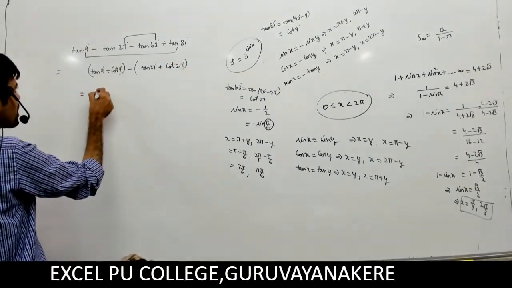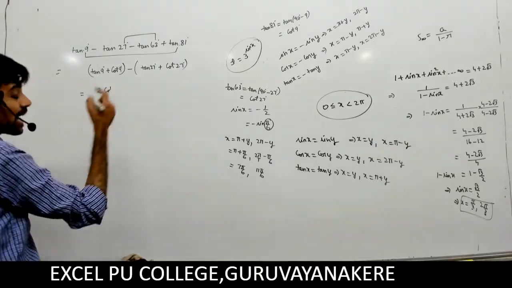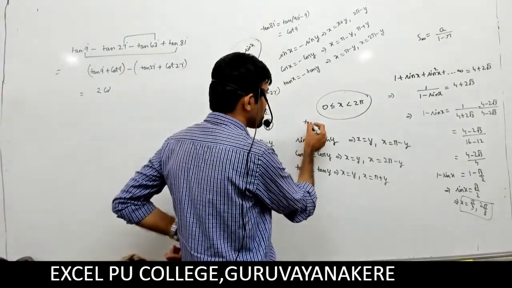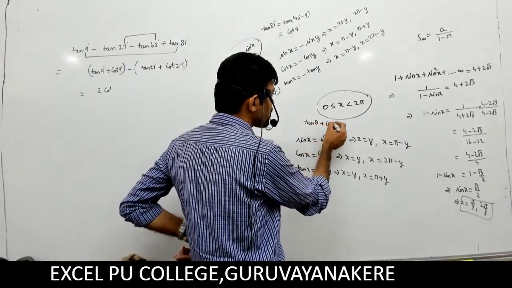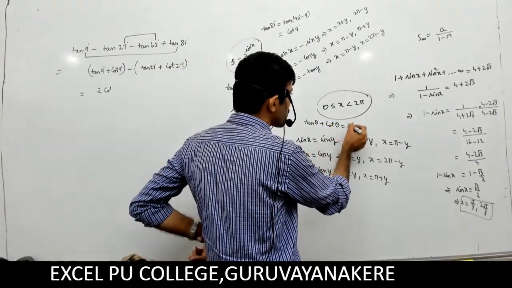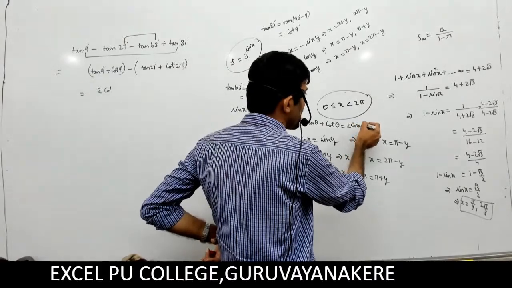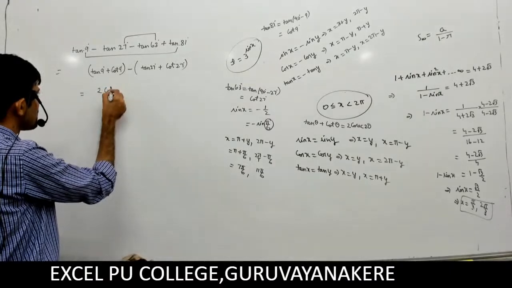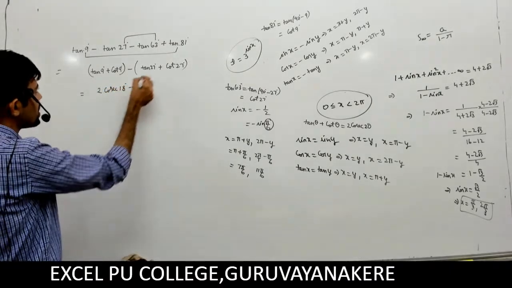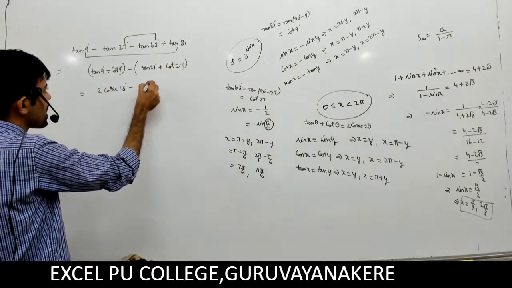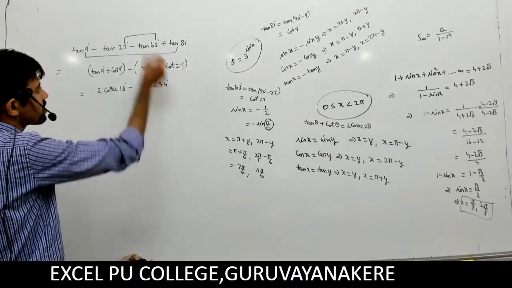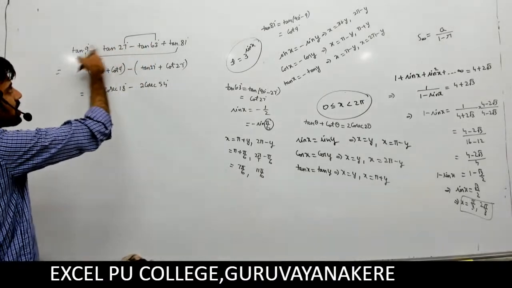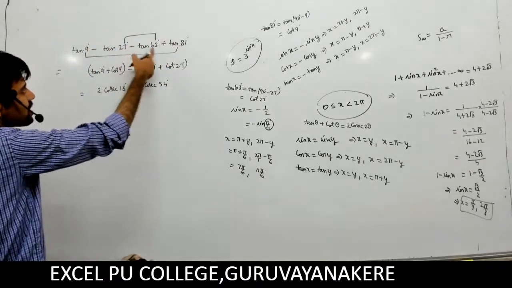Tan 9 plus cot 9 is 2 times the tan theta plus cot theta formula here. Tan theta plus cot theta is what? Tan theta plus cot theta is 2 times cosecant 2 theta, double angle, theta double is 2 theta, correct? 2 times cosecant 18 degree. Tan 27 plus cot 27 is 2 times cosecant 54 degree. I made the angle same, combining first and last, second and third,